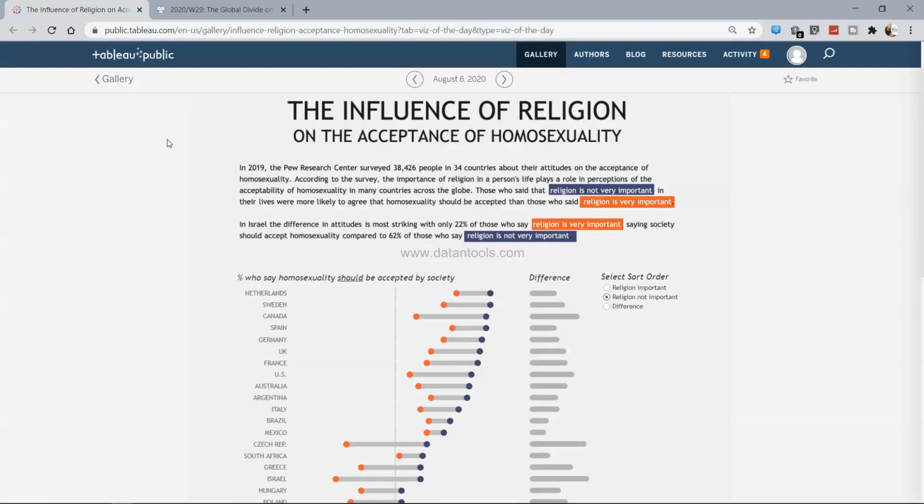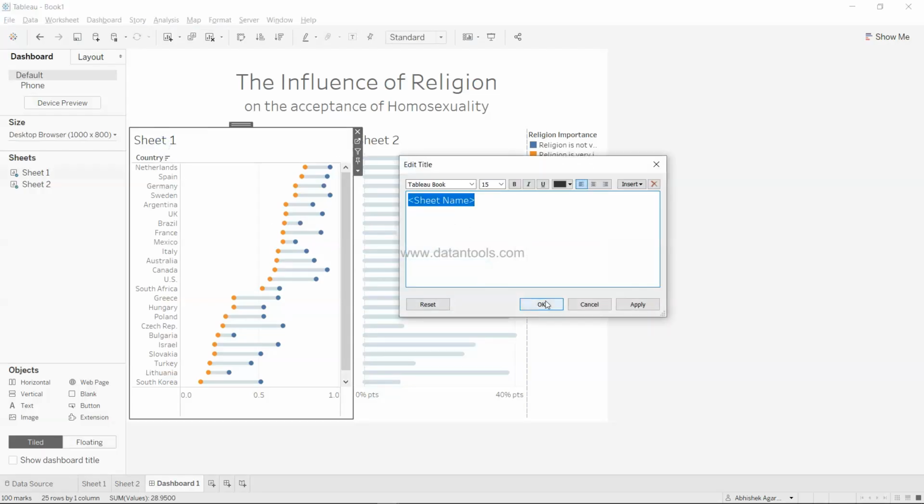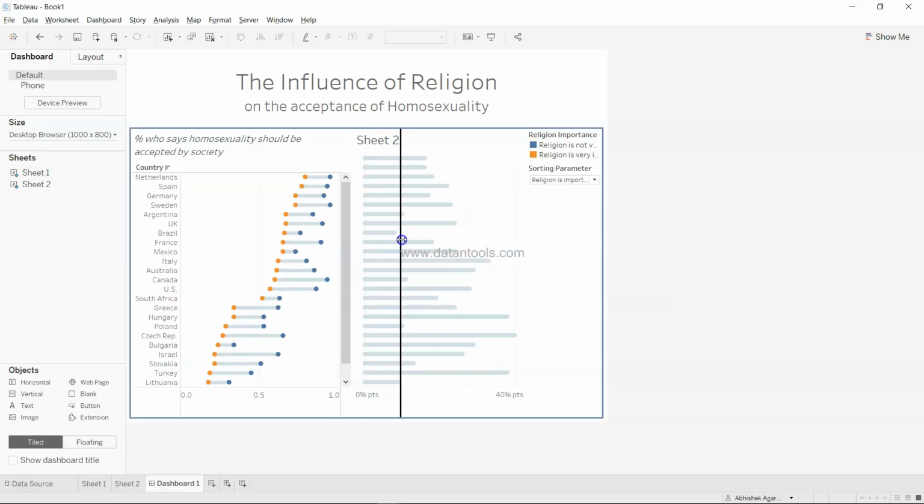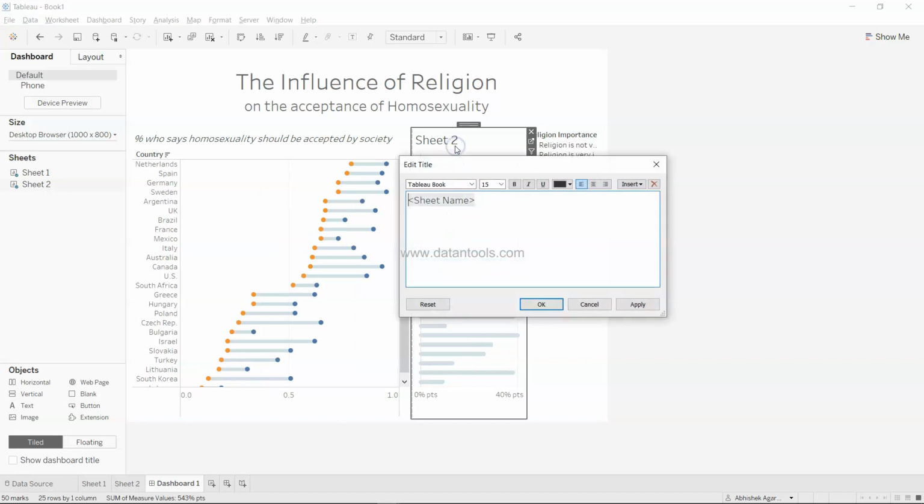Now for sheet 1, I think what we can do is format percentage who say homosexuality should be accepted by society. So over here, sheet name: percentage who says homosexuality should be accepted by society. Let's do this italics like it was there. Let's reduce this and click apply. Alright, let's give it some space, and then this one is nothing but difference, and let's keep it as 12 italics and apply,